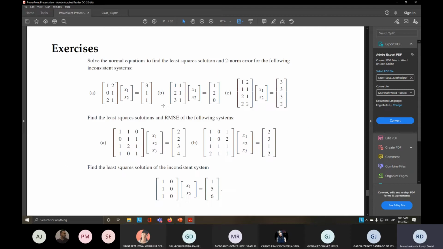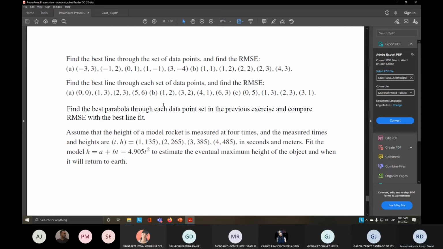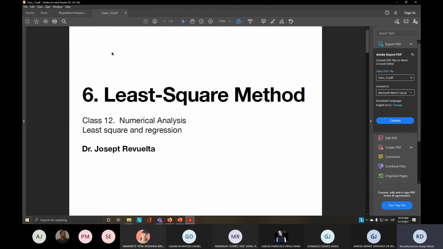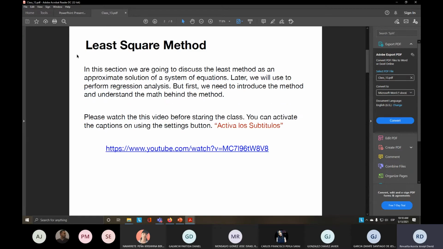And then I gave you exercises, such as this one. These are the exercises that you already have. But today we're going to have another view. Today we are still continuing with the least square method, but we're going to see a more simplistic and more applicable explanation of this. One of the things I can advise you on is the use of technology. So we're going to approximate